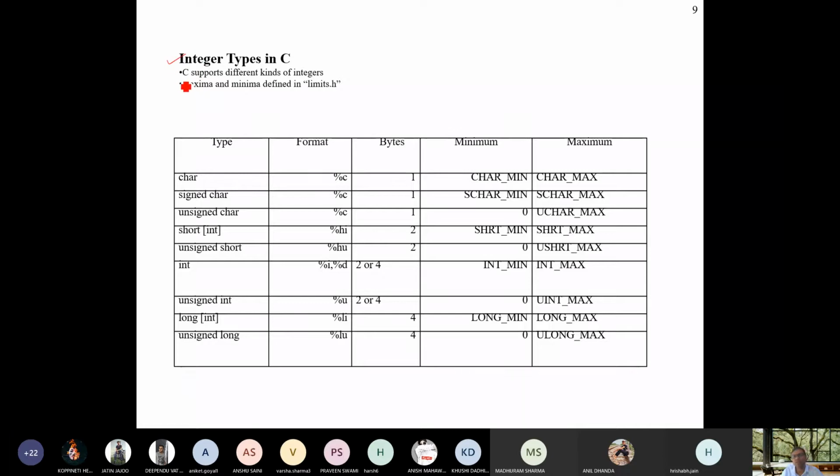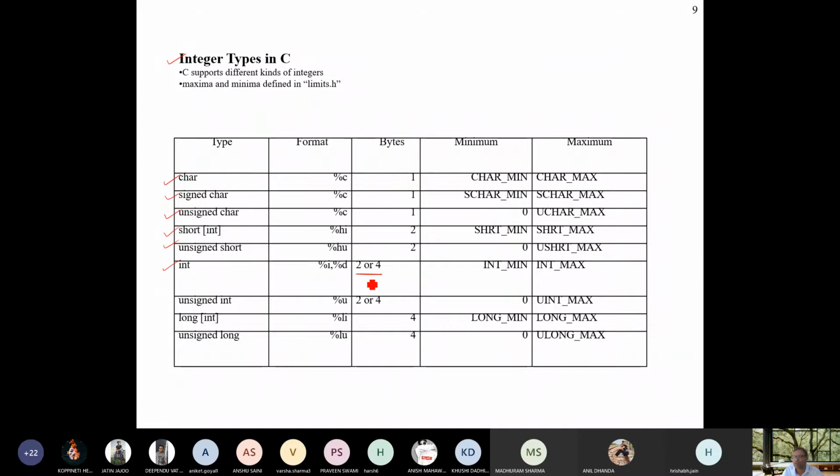Now come to integer types. There are varieties of integer available. This integer types may include character, signed character, unsigned character, short, unsigned short, and integer. I had already shown you the size of a particular integer. Here it is talking about 2 or 4.